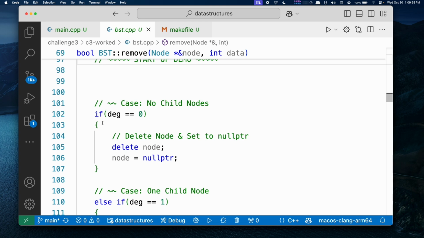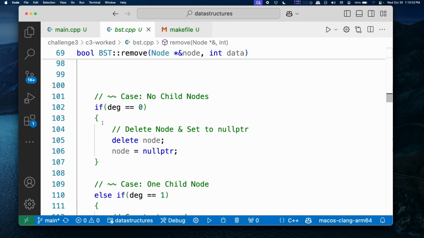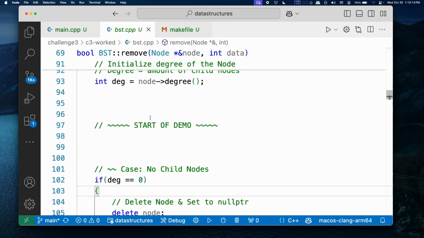So if you will take some time and look through it, you can also look at either the slides from the binary search tree lecture or the video of that. Yes? Is that all that's going to be covered in the demo? Yeah. So that's all you'll have to do is this section with the removal of a node.